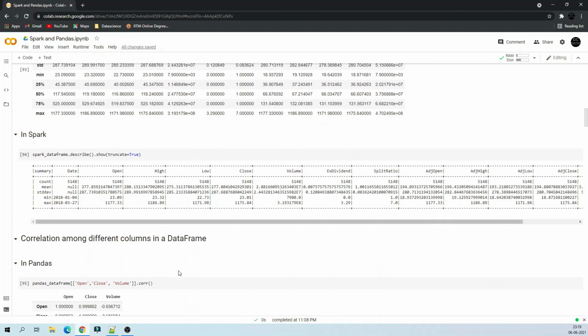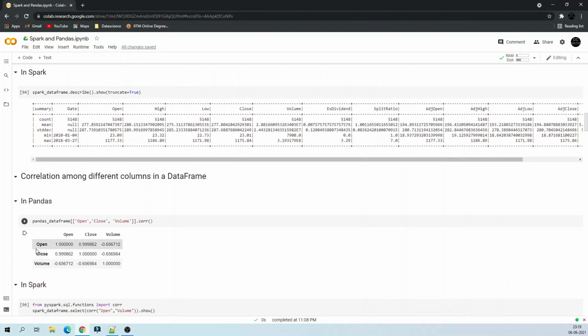Let us see how we do a correlation between two or more variables in pandas. I have taken open, close, and volume as my features, and I wanted to see the correlation among these 3 variables. When I run this, I can see that open and close are very highly positively correlated.